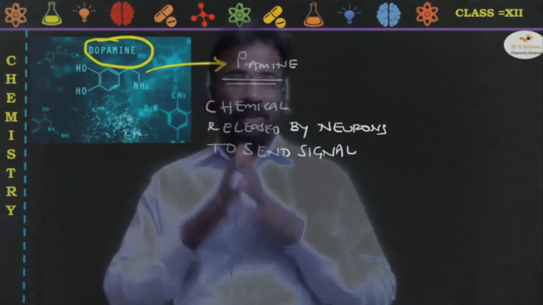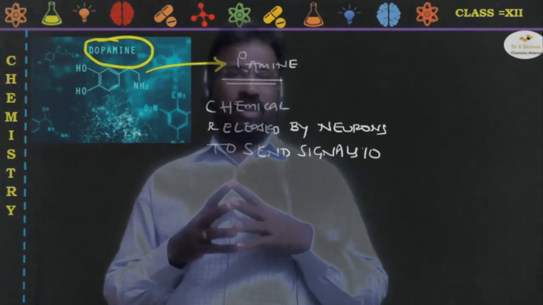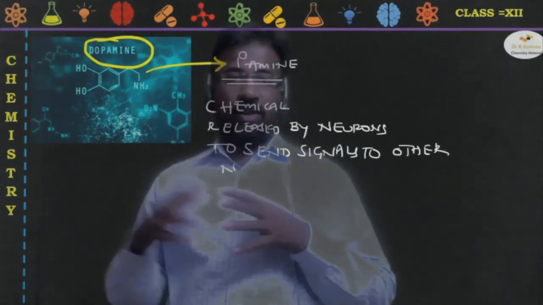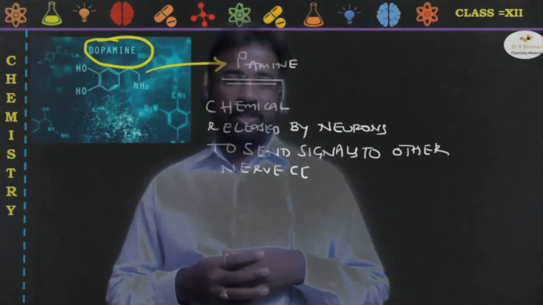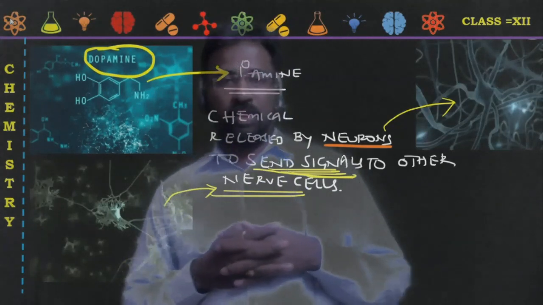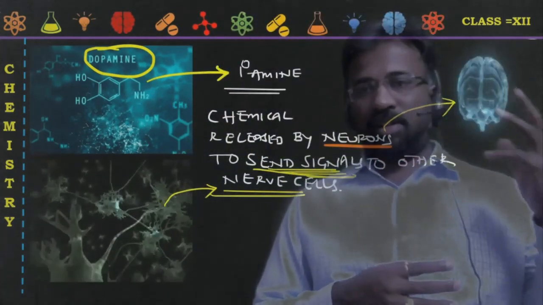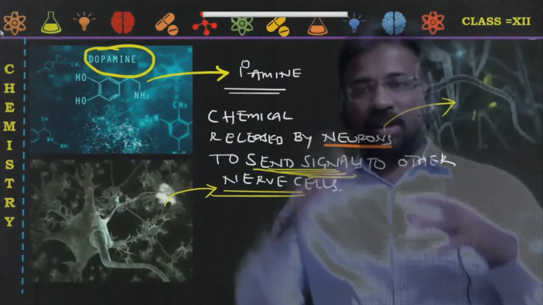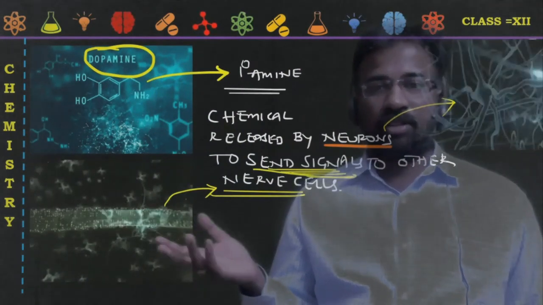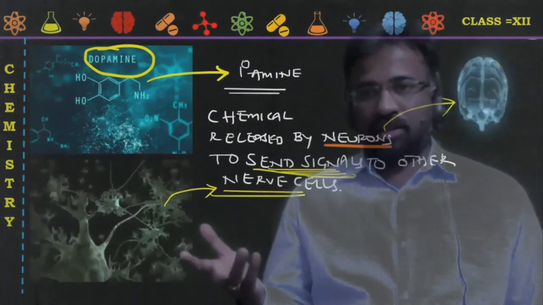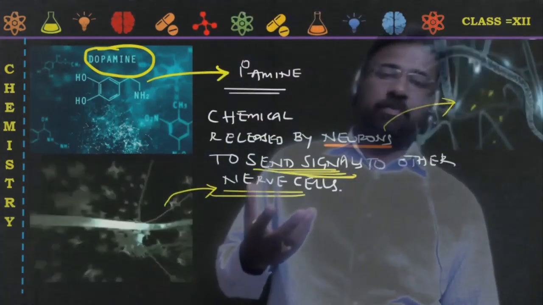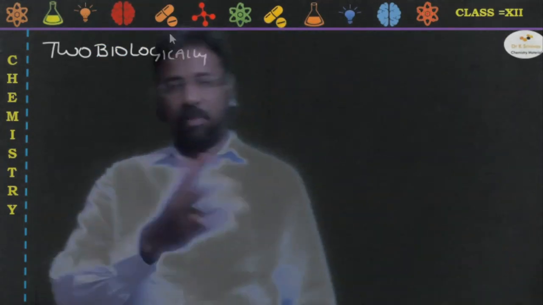So it is very important. If you try to touch fire, our senses will tell us, oh, don't touch that fire, isn't it? So the signaling system depends on this, and you can check here. On the left hand side, we are seeing a brain. You can clearly see the signals are passing like this. Therefore, we feel that sense, isn't it? So sending signals from one nerve to the other nerve depends on dopamine.